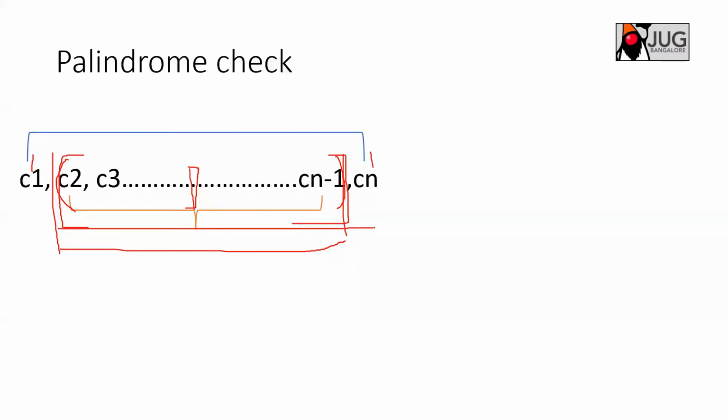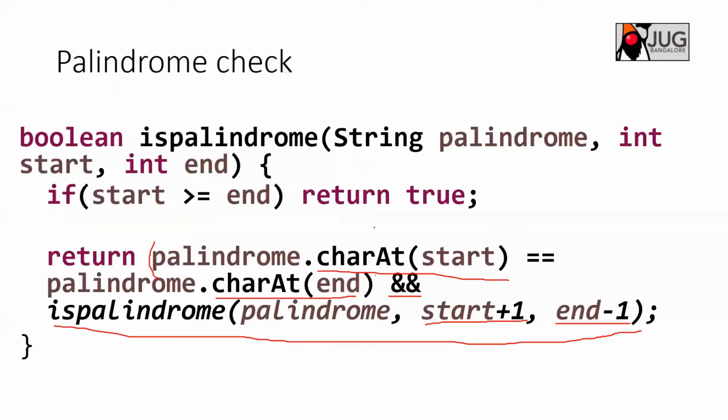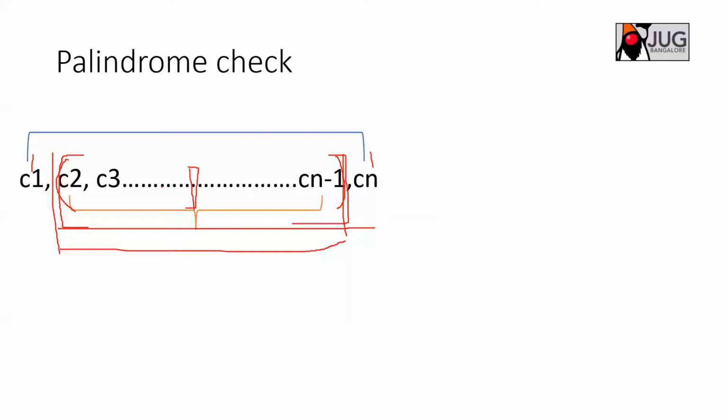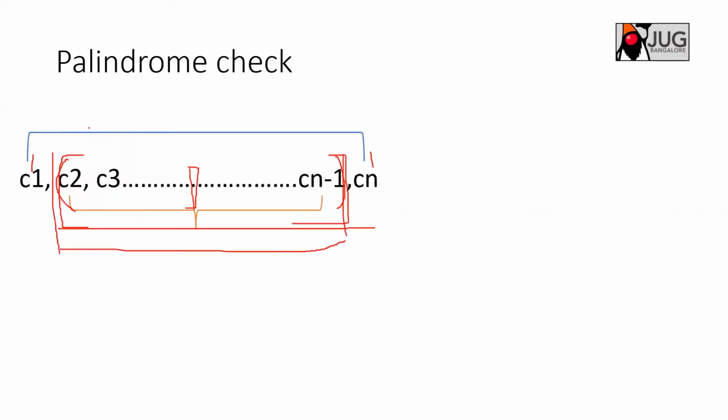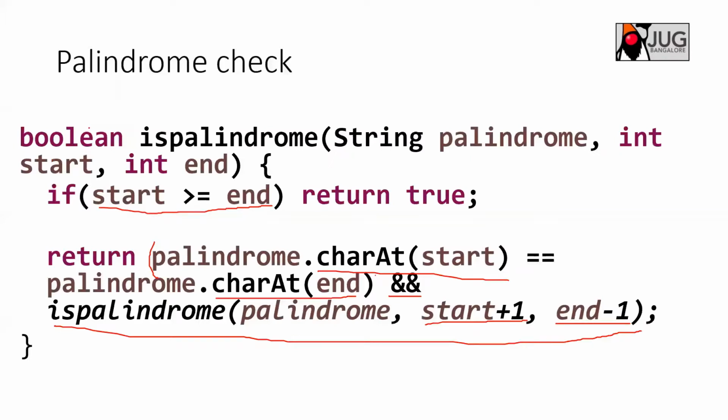This is the recursive call, until you hit the base condition. What is our base condition? Either we have a single element or zero elements. So we return true, because that is the base condition. If you hit a single element, I came to a situation where there is only one element, and then it is a palindrome. If there is no element also, it is a palindrome. So that is what we are returning. That is the base condition, and this is how you can solve this problem.